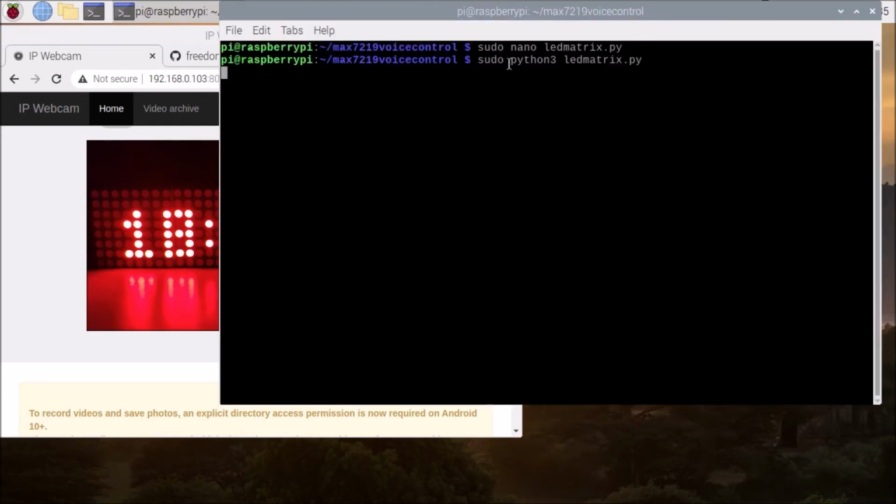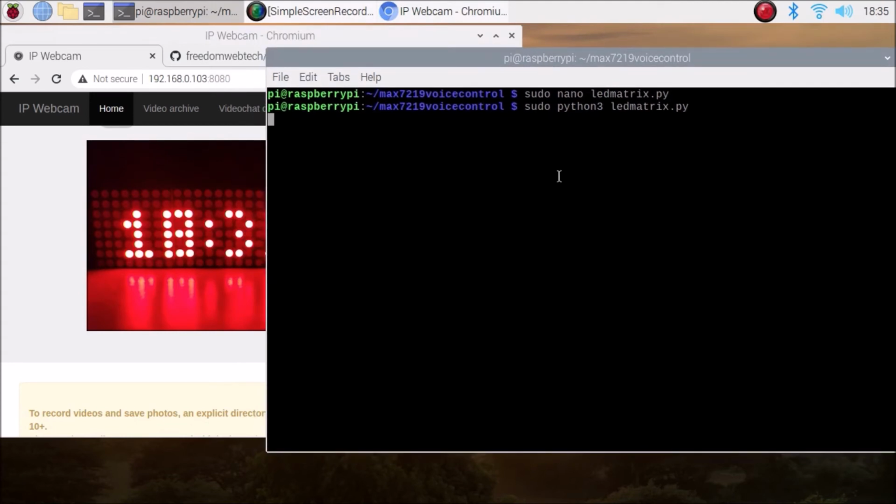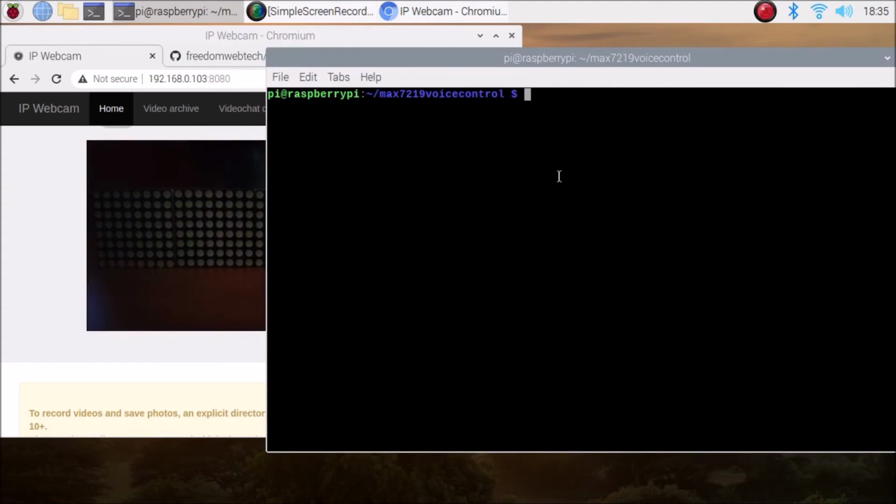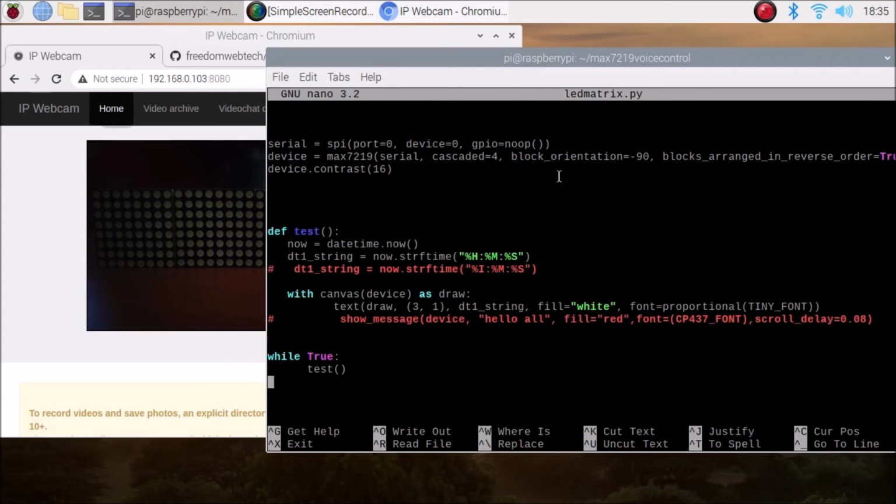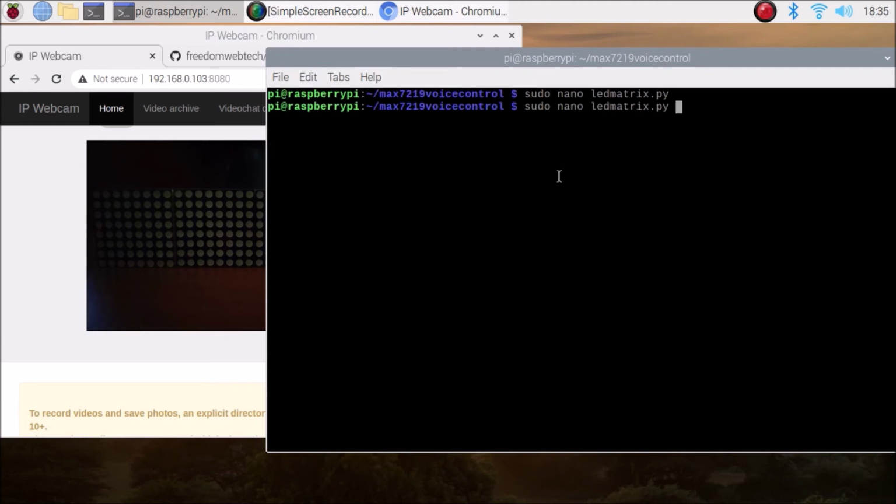Simply for that, again I am going to open the terminal, Control C to cancel, clear the screen, and again we are going to go inside our led matrix.py, and this time because we want to create the scrolling text, I am going to comment this text line and I am going to uncomment the show message line. So show message and hello all, this is what our message. Let me just add the line once more, hello all my friends. That's it. Control X, Y, enter, save, and if I just run the script,